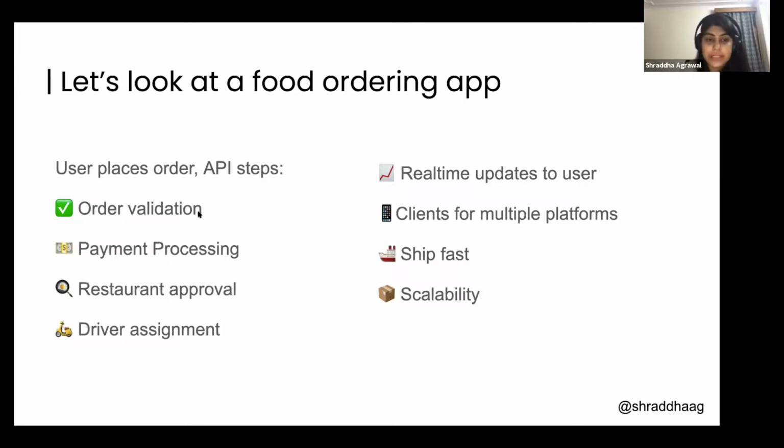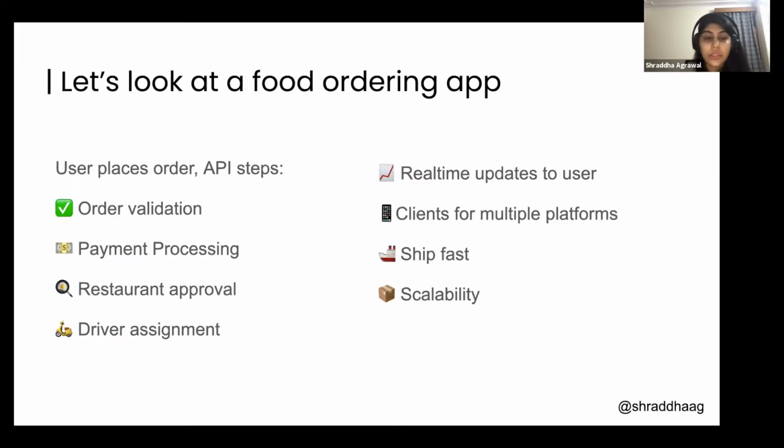They would need order validation. The next step would be making sure that the user has paid for the order. Next would be maybe contacting the restaurant's microservices to ensure that they have secured the order. And then after the order is prepared, the next step would be assigning a delivery agent.